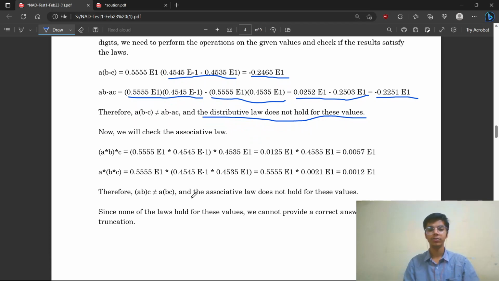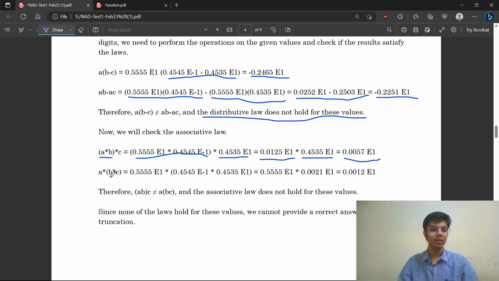Now we will check the associative law. For this, first we will multiply a and b like here, and then we will multiply the value of c with the result of a into b. Here is the result of a into b, and this is the value of c. After multiplying, we are getting 0.0057 e to the power 1. Now